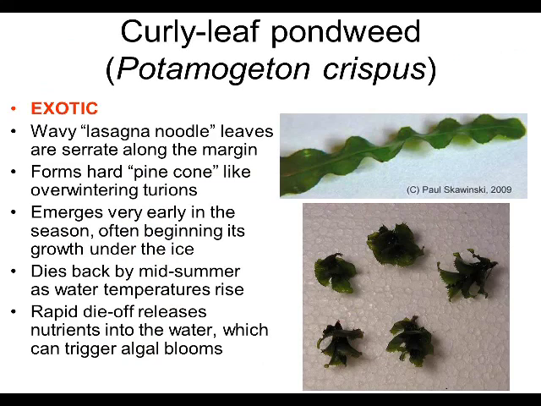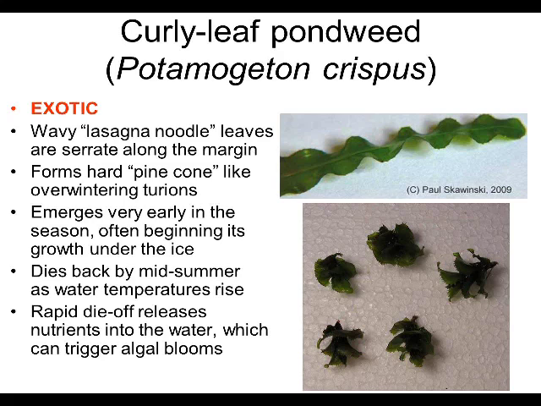The unique identifying characteristic for this particular species is these wavy, lasagna-like noodles. So you can see here's an individual leaf. It's got that very waved structure. And in addition, if you get close up to the leaf edge, it's actually serrate like a knife. Oftentimes you can see this with your naked eye. Otherwise, if you had a hand lens or something like that, that can also help aid in